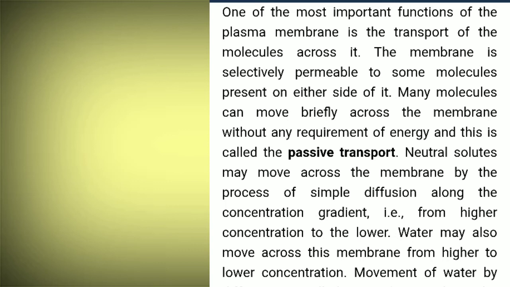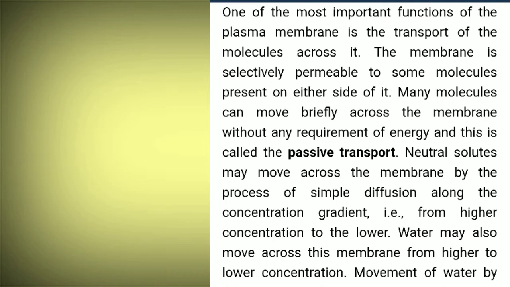So I hope that this particular point is clear to all of you: the cell membrane does not allow everything to go inside the cell or to come outside the cell. That is why we call the cell membrane a semi-permeable or selectively permeable layer of a cell. According to the textbook, it is also given the same way, but here it talks about two types of transport that take place